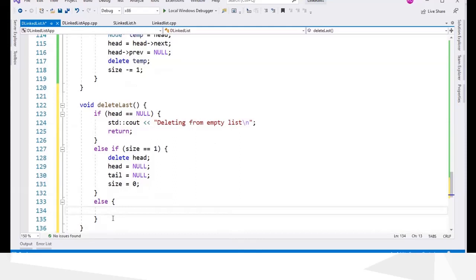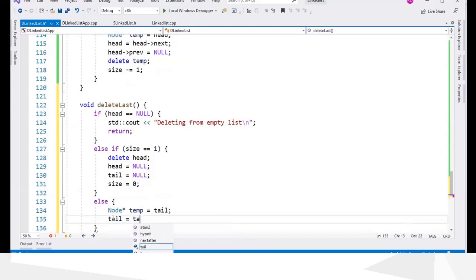So now create a new pointer, temp equals the last node, and then move the tail to the previous node of the tail, the current tail.